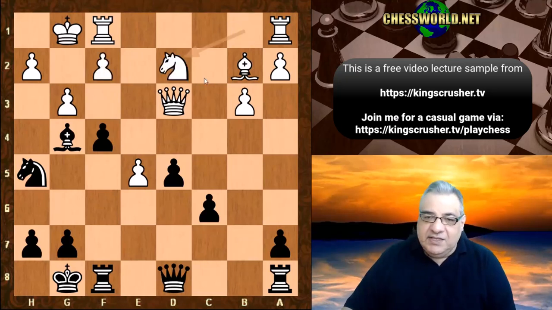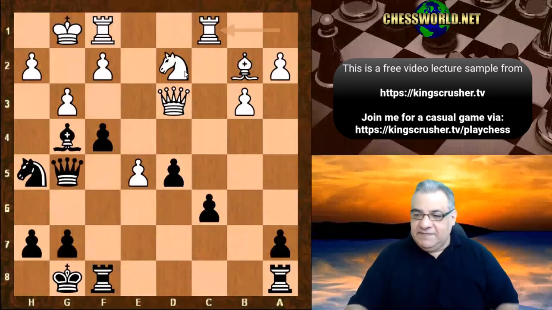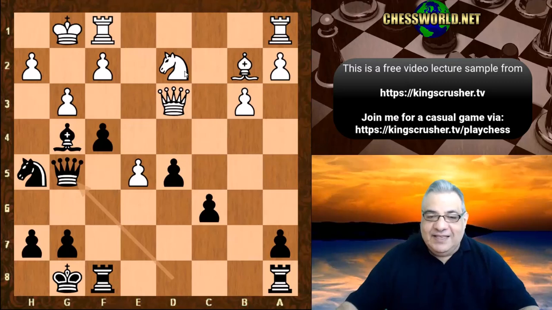So we see knight d2, getting them a bit awake. Is it too little too late? Queen g5. Now rook ac1 makes things worse. It seems there's one way to play this position, which is